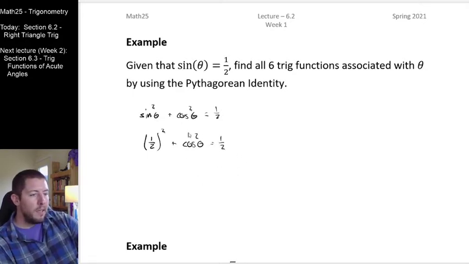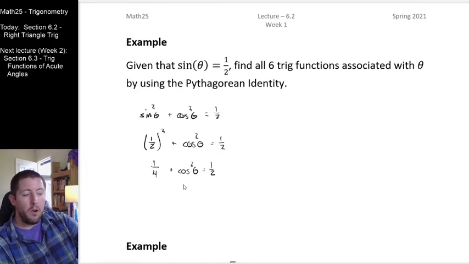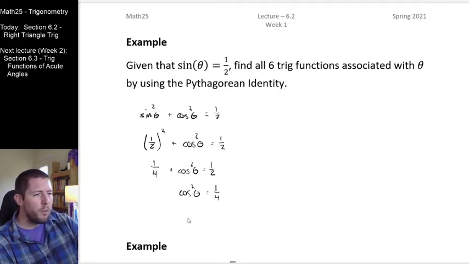It seems to me like I can solve this now, right? 1/2 times 1/2 is 1/4. And I can now go ahead and subtract 1/4 from both sides. We're at 1/4. And I can now go ahead and take my square root of, wait a minute,